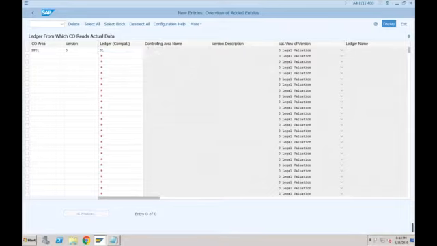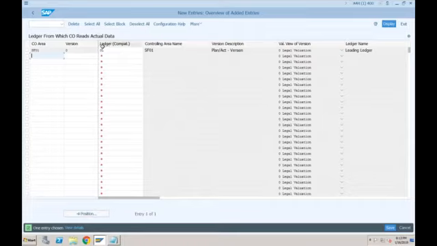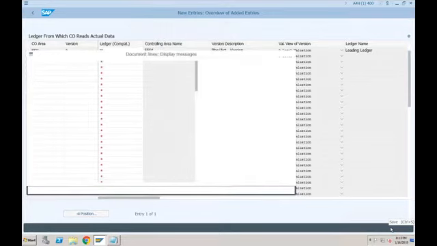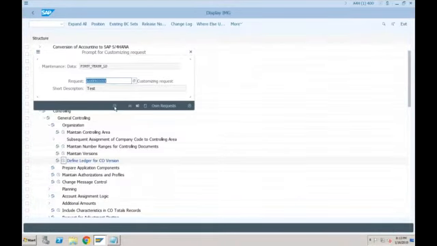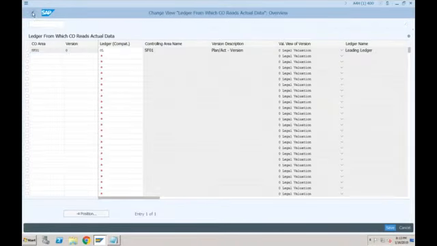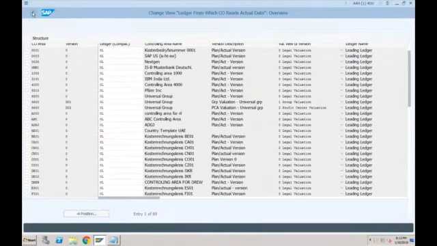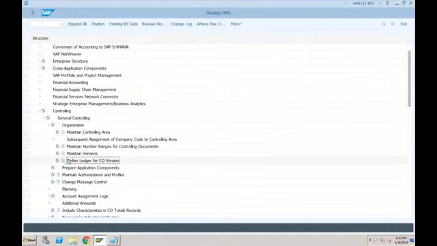So this entry is mandatory. If you don't do this, the system will not allow you to post anything. This is a new configuration and it is a must, without which the system will not allow you to go ahead and create any postings in FI and CO. Okay, so just click on save and this is done. This is called define ledger for CO version. So which CO version will take the values from which ledger, you can define here.